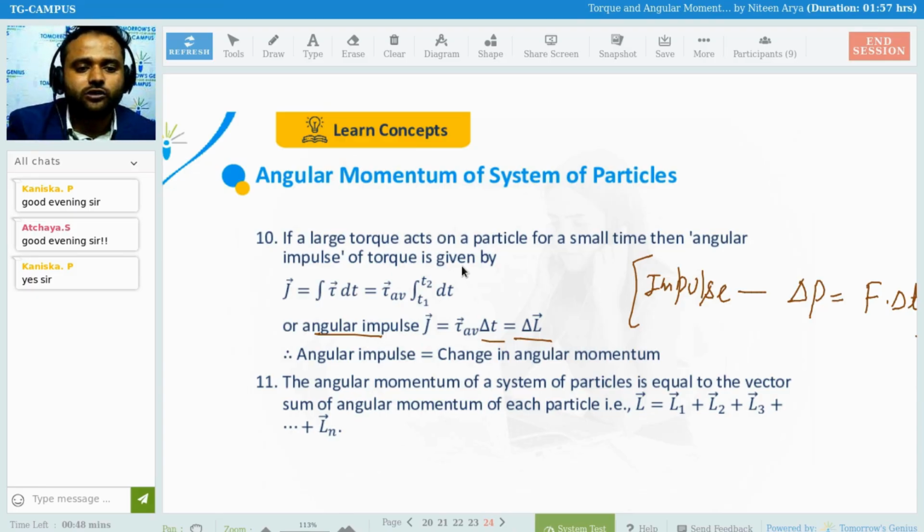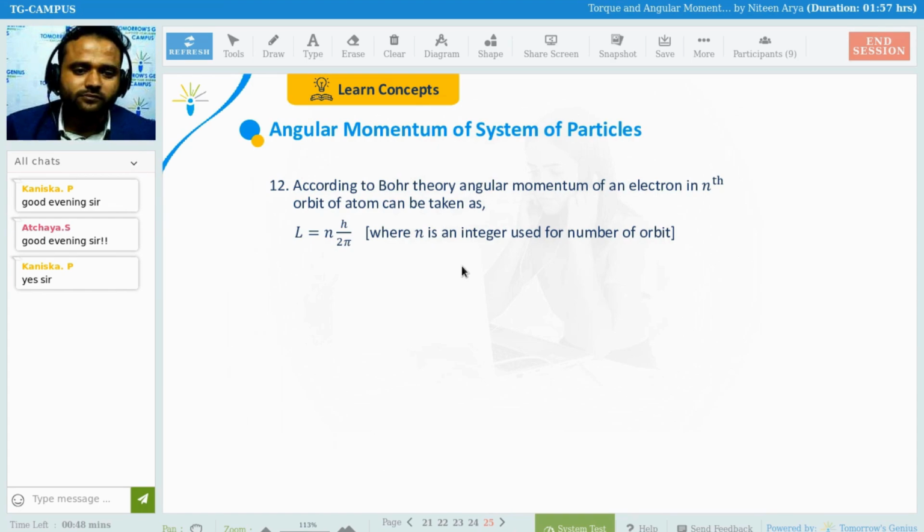So angular impulse can also be defined as a change in angular momentum, like we have the normal impulse change in the linear momentum. Clear? Another thing: the angular momentum of a system of particles is equal to the vector sum, that is L equals L1, L2, L3, and so on. So in the same way we can add it up. This is the important thing,